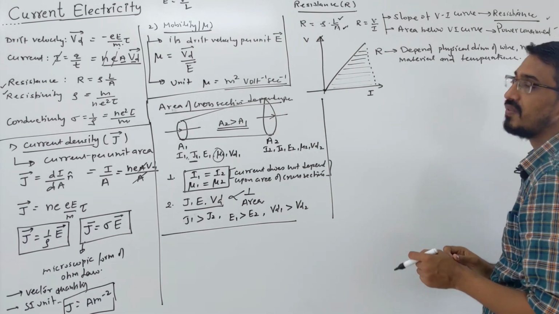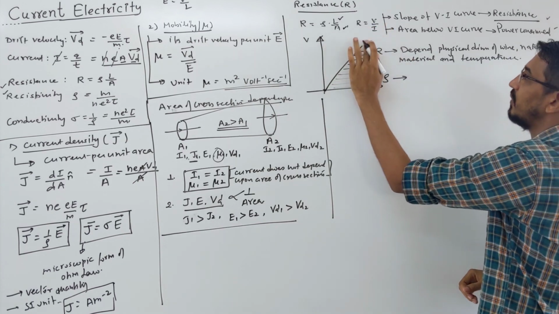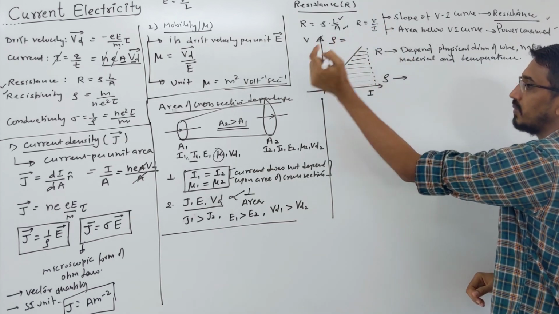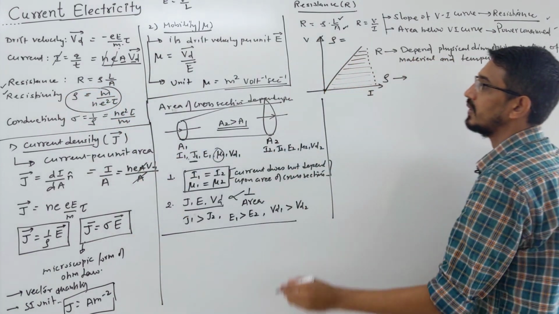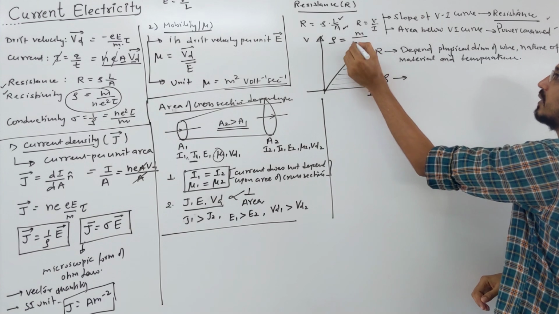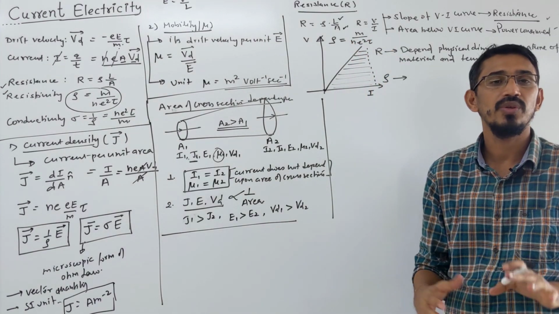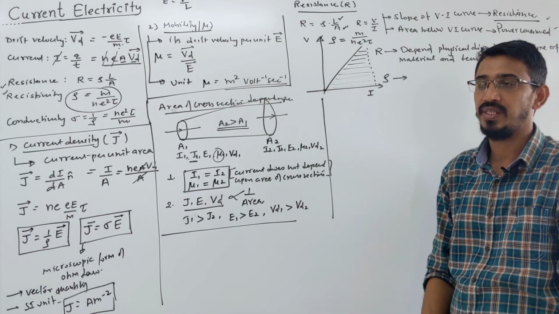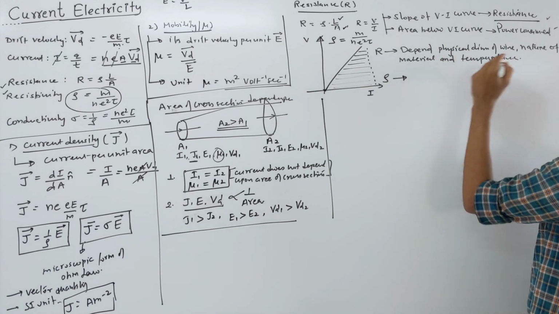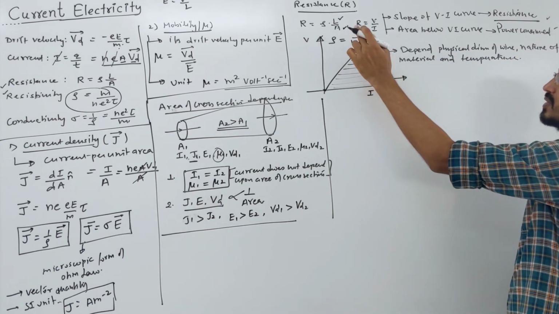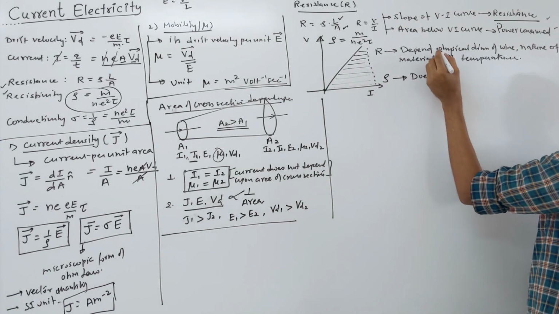But if you talk about resistivity, rho, let me write the resistivity formula. Rho is what? Here you wrote it. Where is rho? Here. Okay. It involves m mass, e square and tau. Here we see all these things are constant for the given wire. So resistivity does not depend on physical dimensions. No physical dimensions like length or area are coming in.